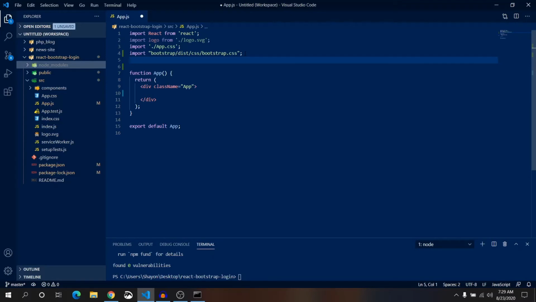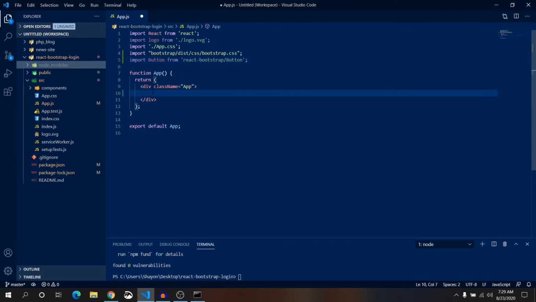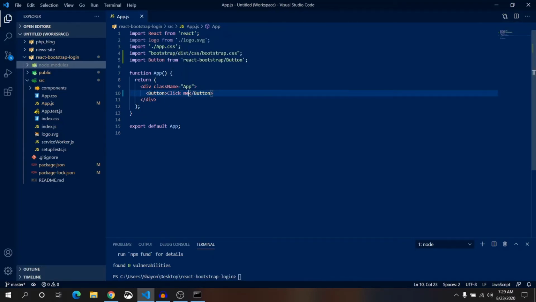The first way is to just write import Button from React Bootstrap/Button. Inside this div, let's write Button, click me. That is the text of our button. This is a nice little stylish button.